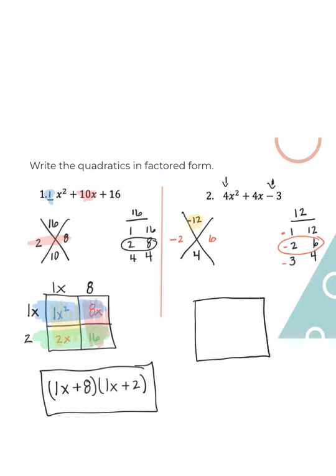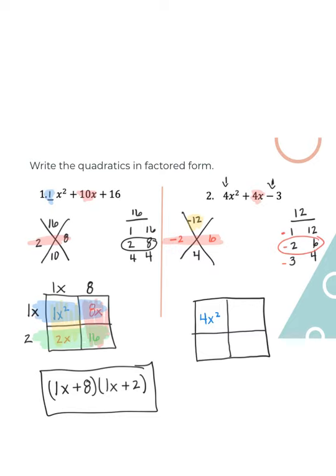And once I have the box drawn, I'm going to fill the inside in with what I have. And I'm going to replace that 4x with those two there. Okay, so let's start at the beginning. My beginning says 4x squared, so I'm going to start there. And then my two sides,